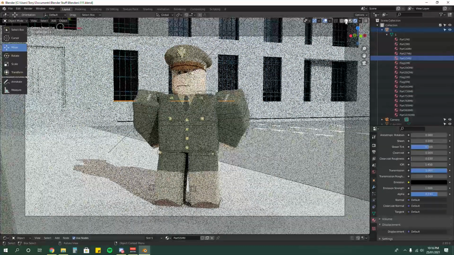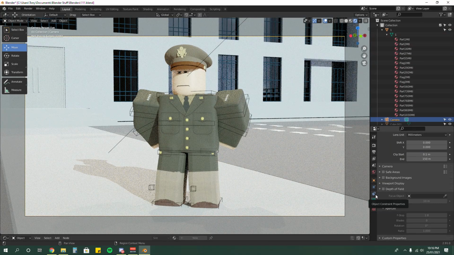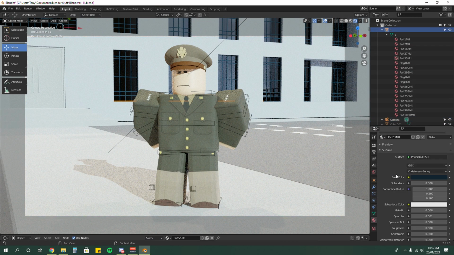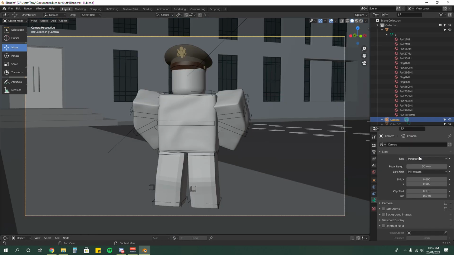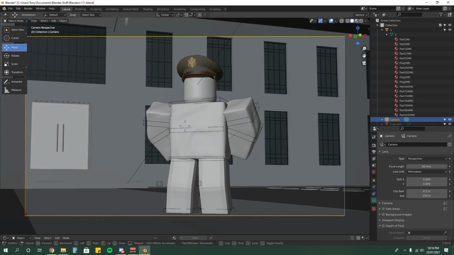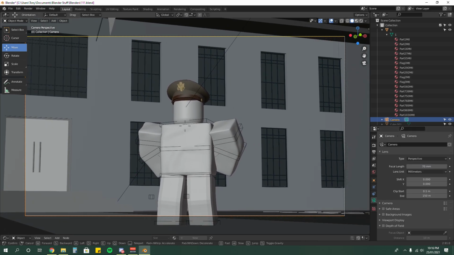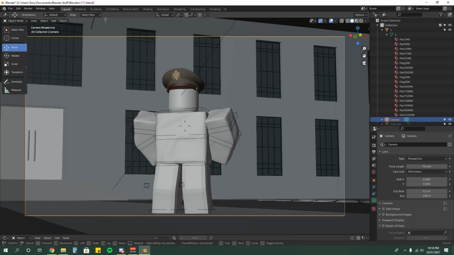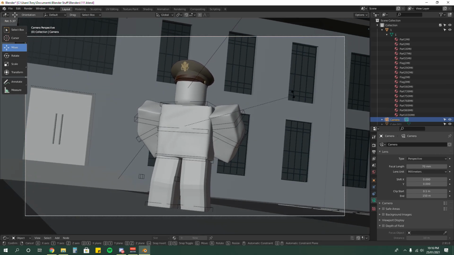Well, it's looking a lot like a professional GFX, but I don't think it's professional enough. Usually I like to zoom in the camera a bit, so I want to make its focal length 60, and then zoom it out a bit and make sure it's like you're looking down at it. Maybe like 70. You can just cut its leg off a bit, like that. And you can actually press R to rotate the camera.